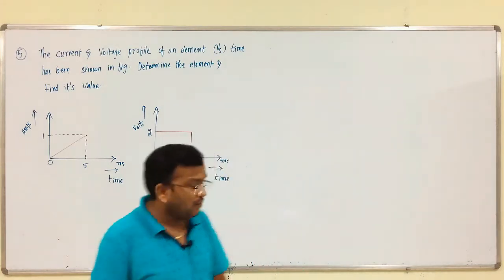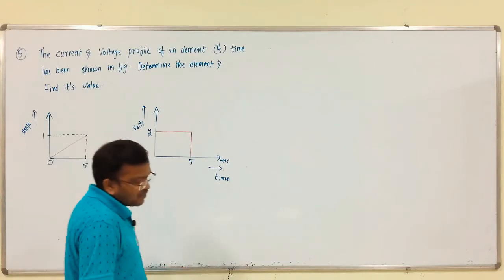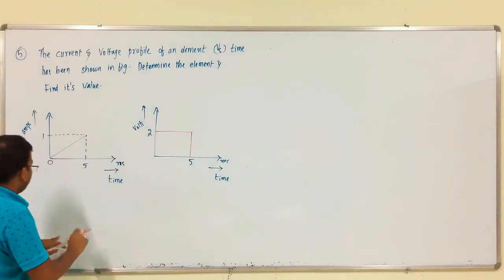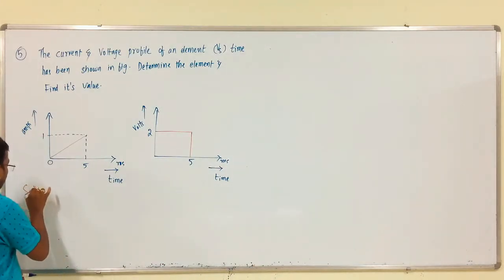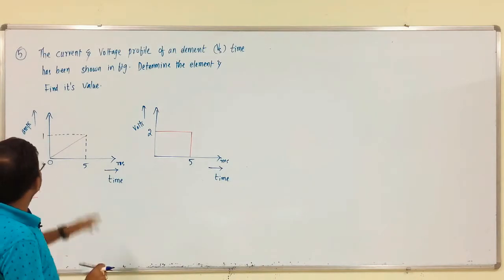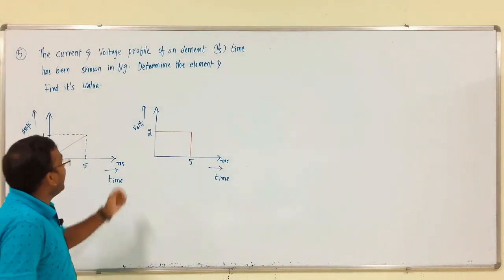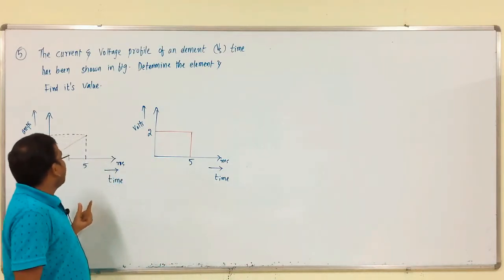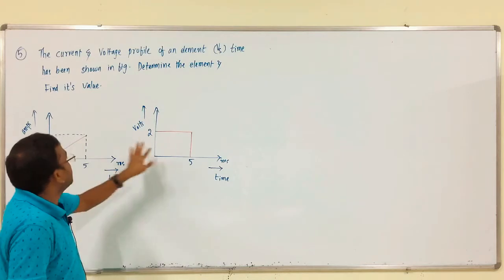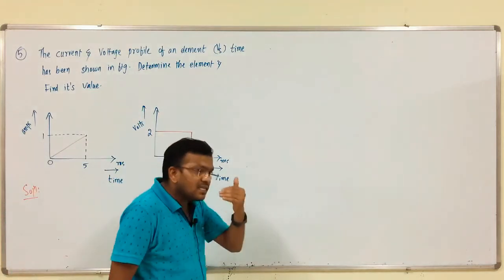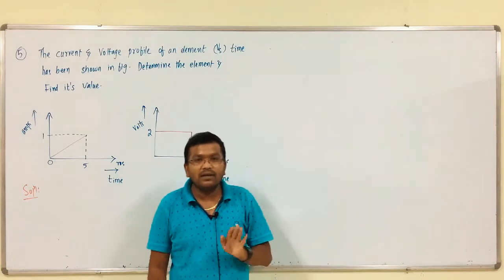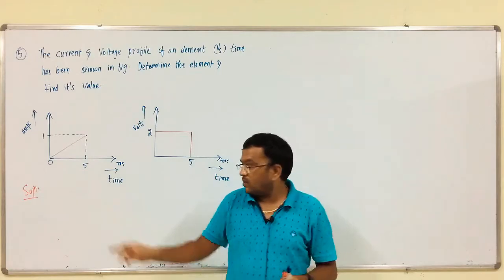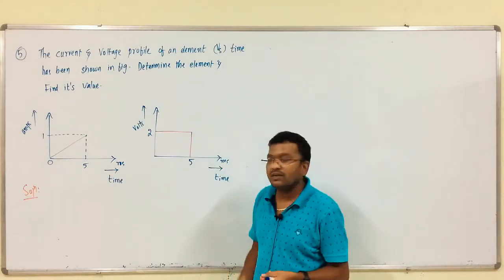So, basically we have 3 types of elements, no? Resistor, inductor and capacitor. So, first we have to deal with resistor. Solution. See, from this current and time profile or voltage and time profile, we are not getting any proportionality between these two. Means, if the element is resistor, what is the key point? In accordance with the voltage, obviously the current should change, no? So, from these two figures, can we get that observation? Obviously not.